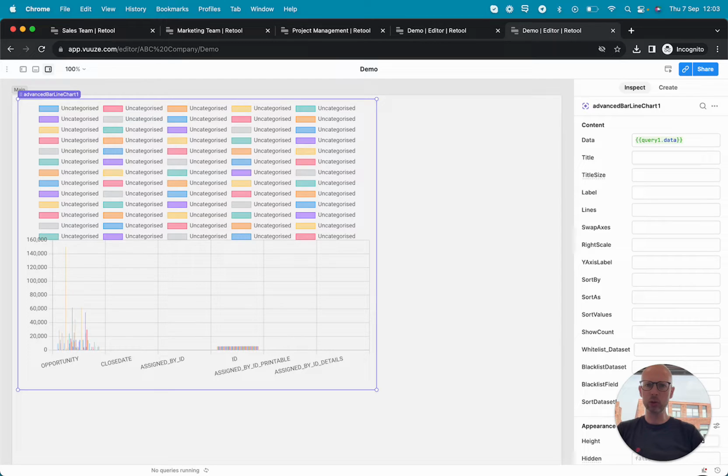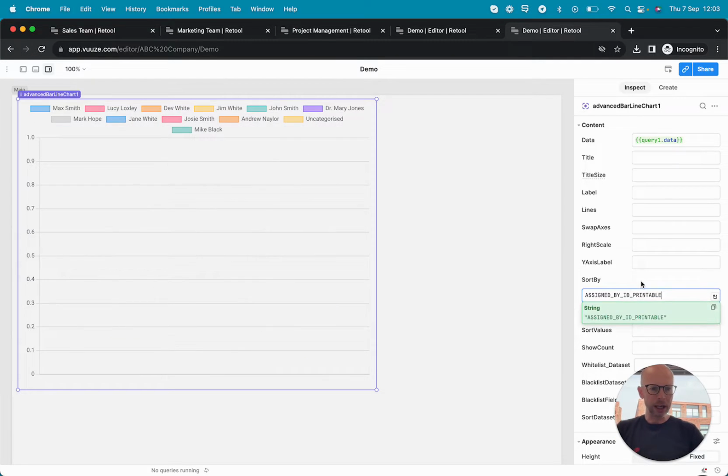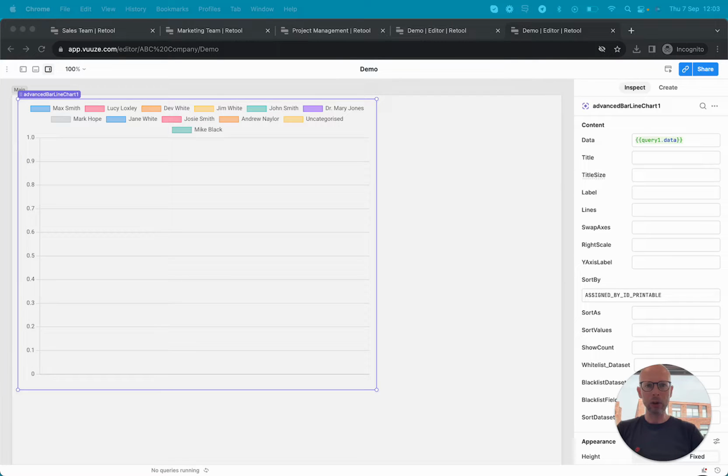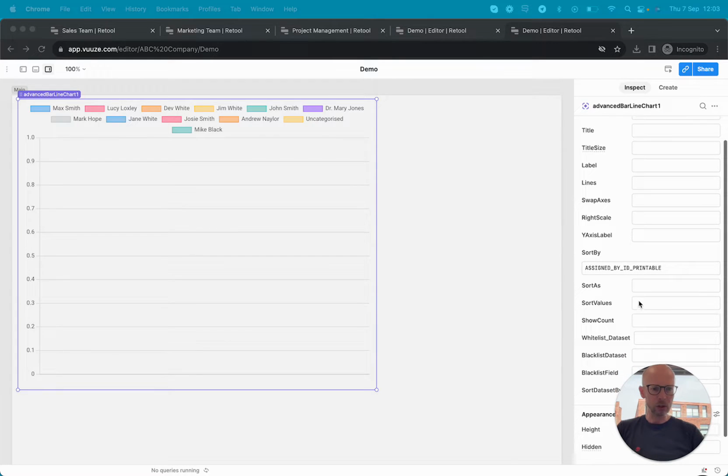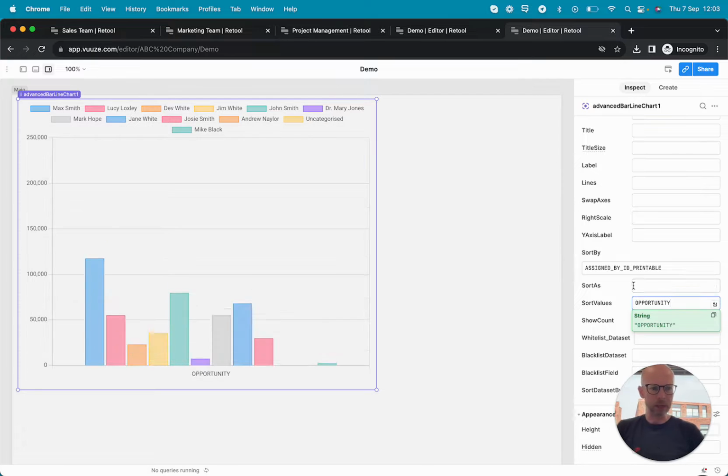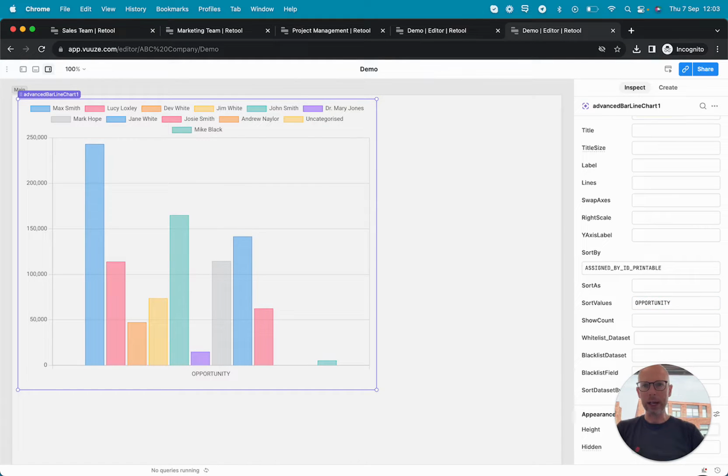First, we want to choose the field we will use to sort the data by. We're going to be sorting this by user or individual person. So we need to go to the sort by field and add in our assign by ID value. We want the values within the chart to be the opportunity values. So if we go into sort values and type in opportunity, we can now see the values of the current